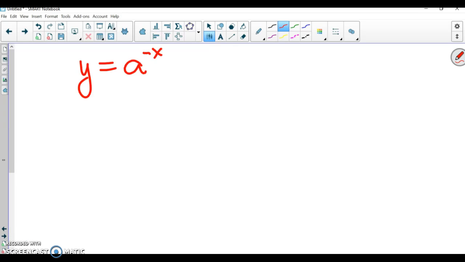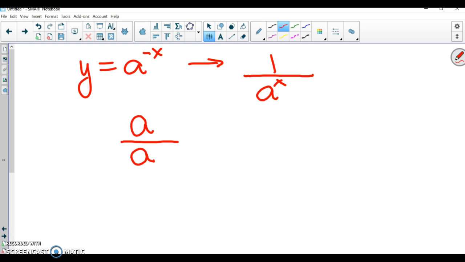And if we remember those rules of exponents, we understand that a negative exponent indicates that the base is going to become part of the denominator to that positive power. Here's another way to look at it. A negative exponent. We know the rules for same base